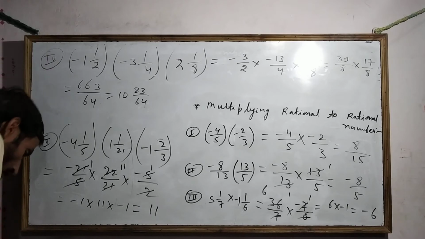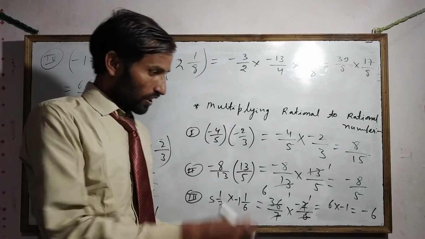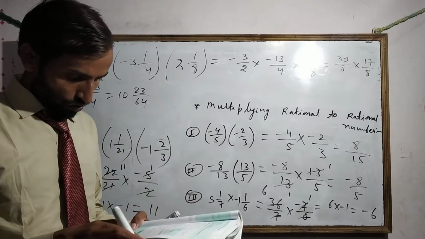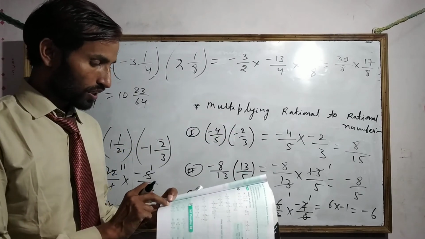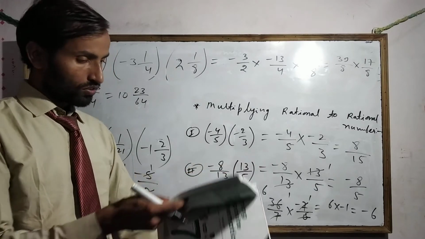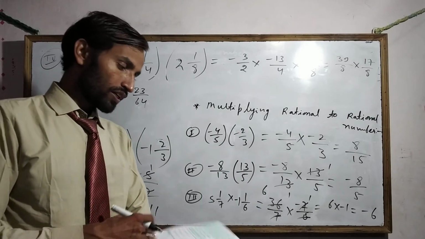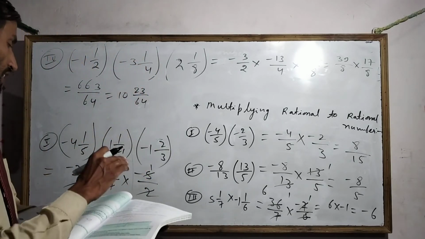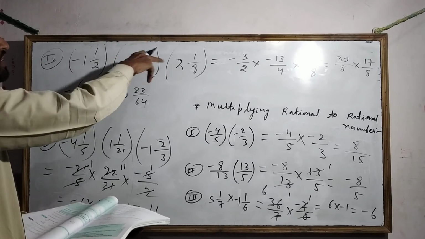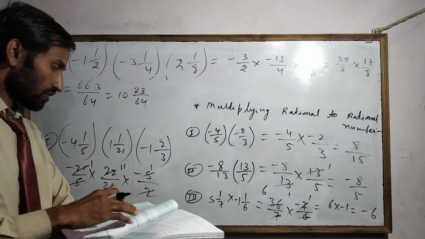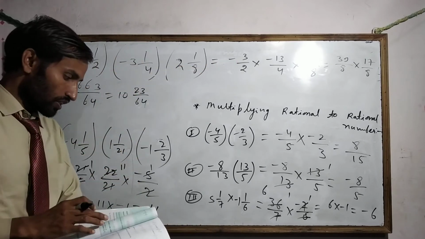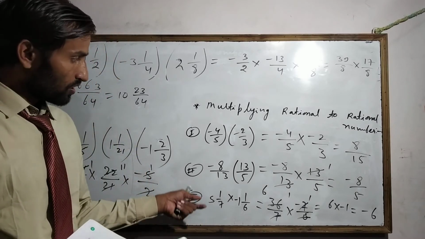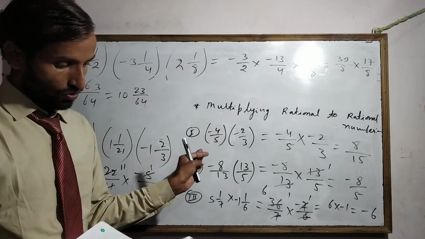So the same types of questions are given, whatever I have taken in the examples, in this exercise. So just you see in question number 2, we have to follow the same. Multiplication of rational number to rational number. In question number 3, there is no bracket given, but here multiply is given. So you have to follow the same process, same as the 4th and 5th. In the 4th question also, mixed fractions are given. So you will follow that in the 4th question also.